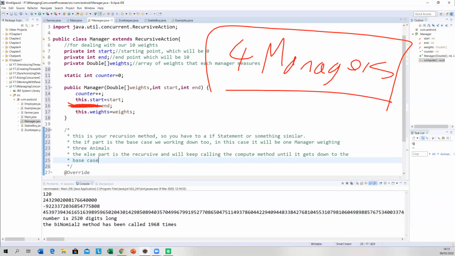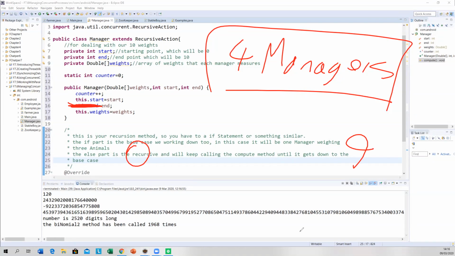Now, so end and start is going to determine how many weights the person has. Okay, so the very start of our program, the start point is going to be 0. The end point is going to be 9.